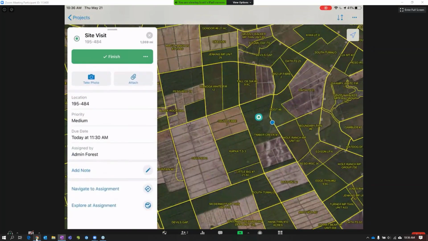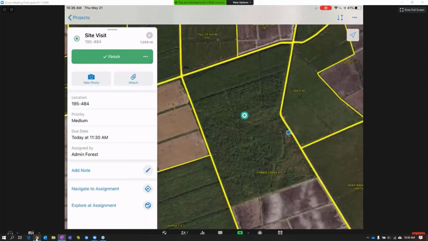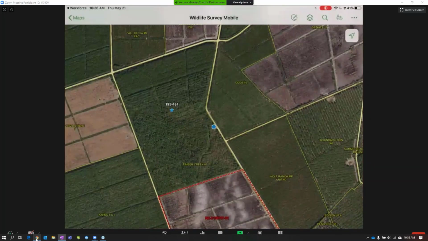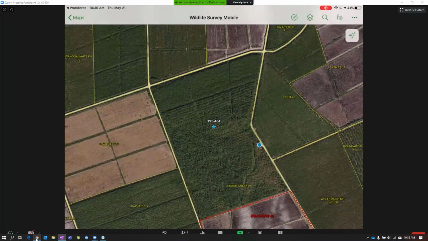And then down here, using some of our app integration capabilities, we can link out to other Esri mobile apps to do things like navigation, visualization, or even data collection. So in this case, once I've arrived at this location, I'm going to go ahead and open up a map in Explorer to help me visualize what's around. So what we did just there was seamlessly jump into our Explorer application, and we're looking at a lot of the same layers here on the map, but what we have in Explorer are some of our different capabilities.